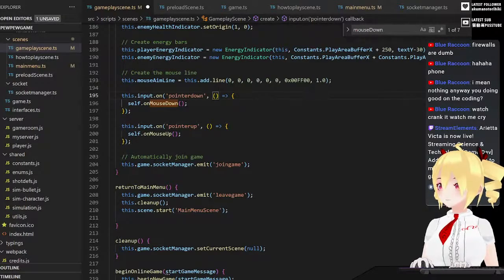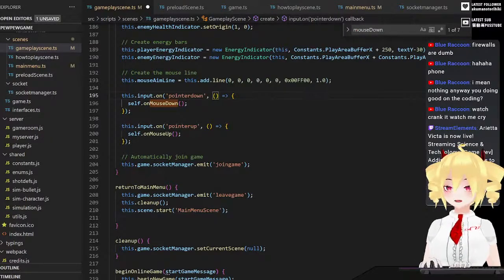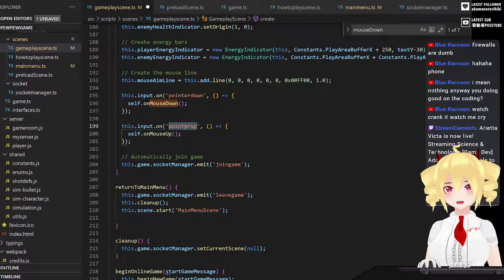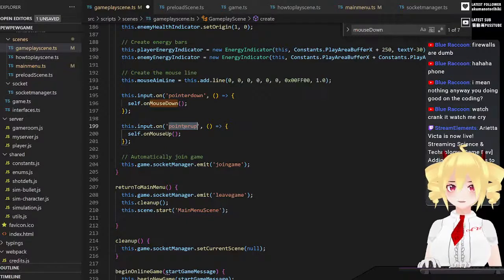Alright, well, we'll just have to experiment, I think. So, what I do need to change, though, is, I don't think I want it to be on pointer down. I think I want it to be on pointer up. But I don't know if I can specify... Like, I don't want it to shoot when you go up on the joystick. But,